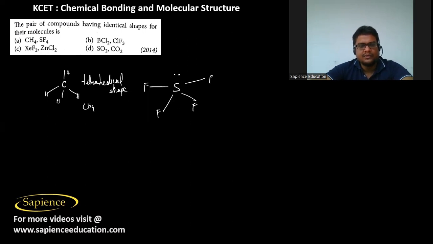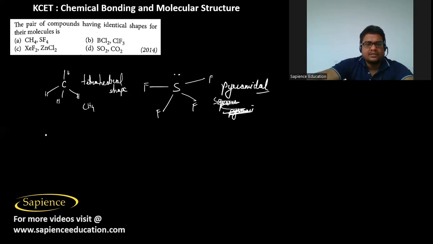So the shape will not be seen here. It will be like pyramidal. Square pyramidal structure will be formed, or we can say one triangular pyramidal. So here one pyramidal structure will be formed, which is not tetrahedral shape. And in case of BCl2, so here we have linear shape,